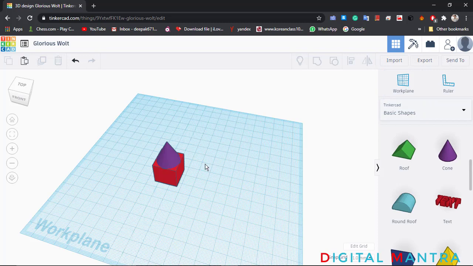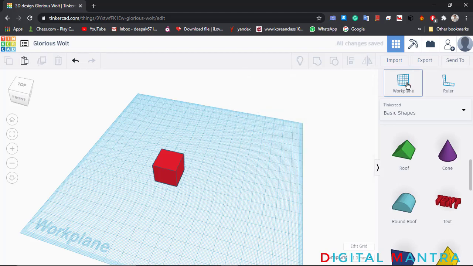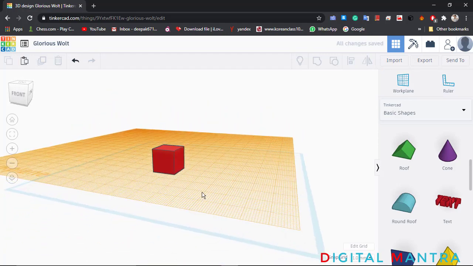For this I will repeat the same thing again: select it and delete it. Now if you want to create it on the top plane of this, click on work plane and then select the top layer. You will find there is one more layer of orange color.